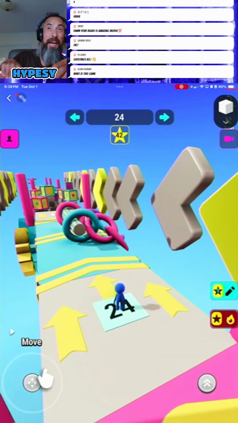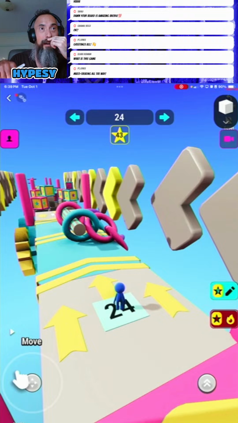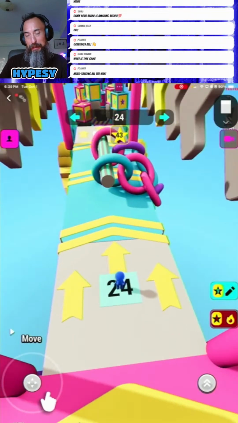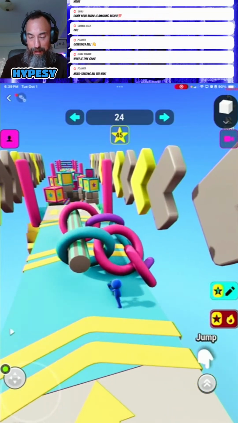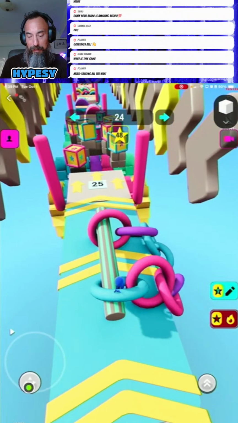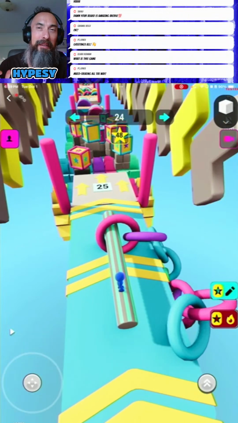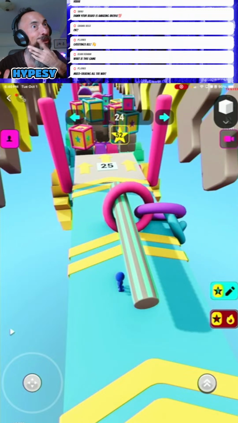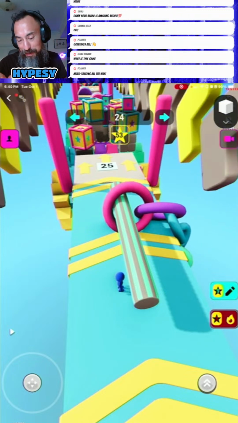Oh, and I added these arrows. This will be in the update. Yeah, so here we go. Look, so you can see the chains, and then I'm hoping you can jump. Yeah, so now you can even jump on top of this, which honestly, I should have done this like 3 weeks ago. 3 weeks ago, I should have done this.